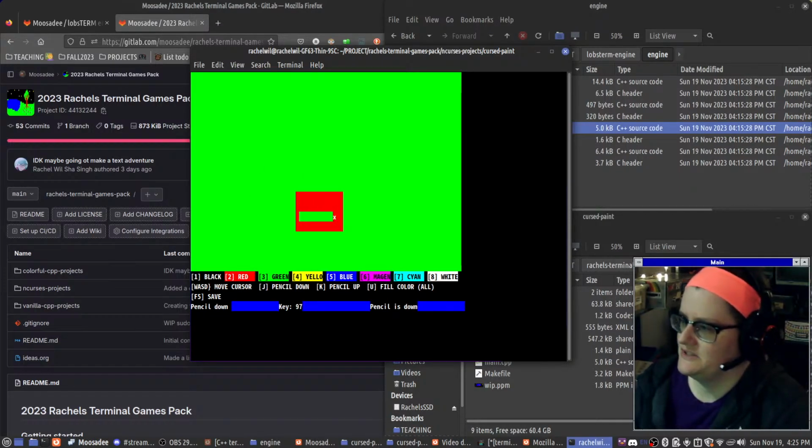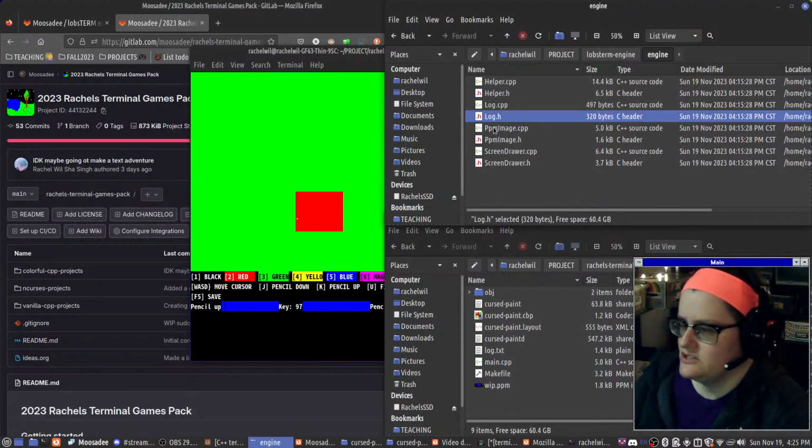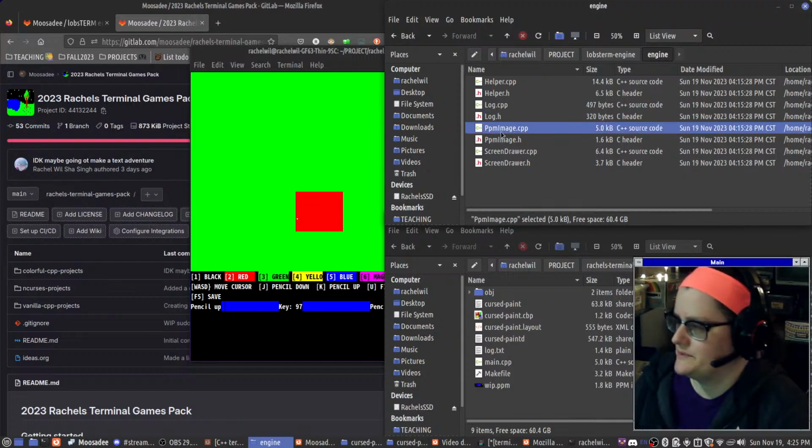But that also means I'm going to have an image export that's not just our PPM images, because those PPM images can just be opened up inside of,